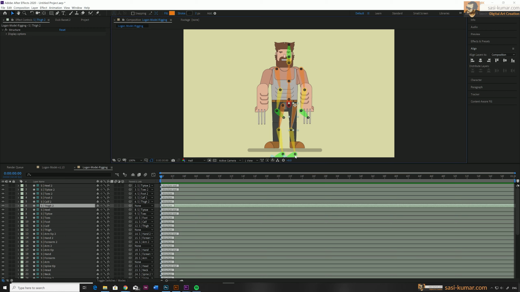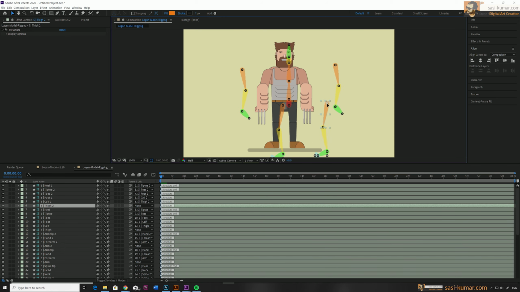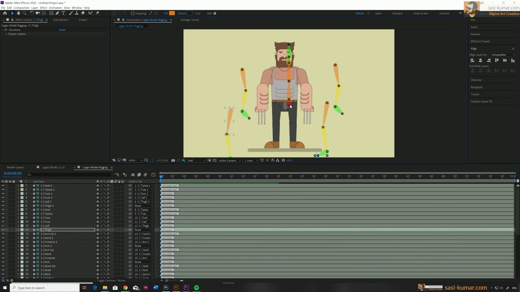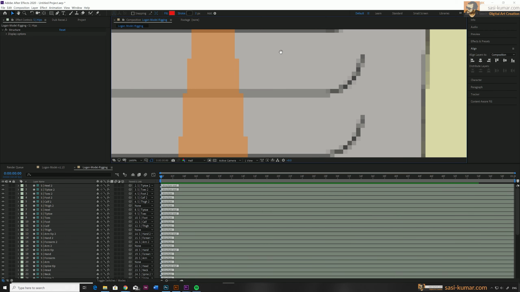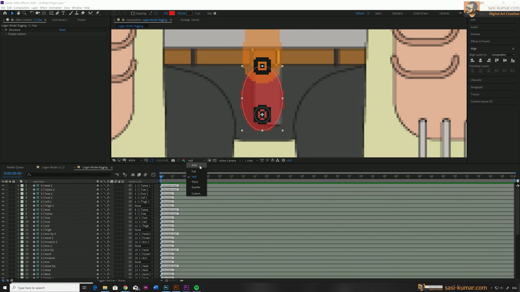So all we need to do now is scale and make this fit to our character. So let's start doing that. I will put these aside first. I will start from the main bone structure from here. I will bring this to the pelvis area in here. Let's zoom in and let's adjust the scale. You can make this one full quality also if you want, I will just leave it like this for now.